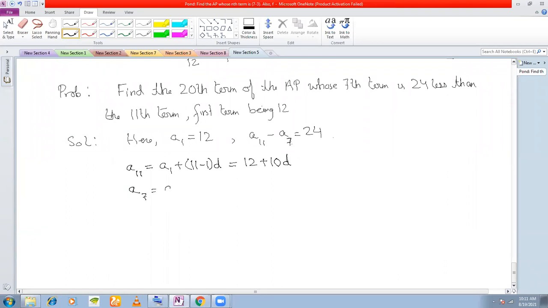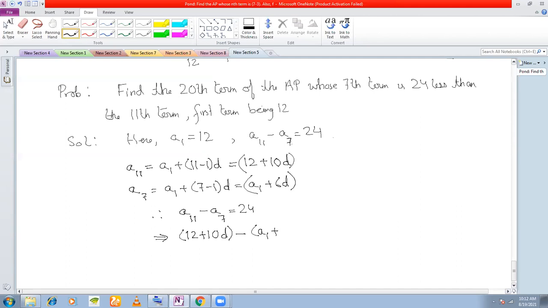A7 is A1 plus 7 minus 1 into D, which is A1 plus 6D. So therefore, A11 minus A7 is equal to 24. A11 is 12 plus 10D minus A7, which is A1 plus 6D,